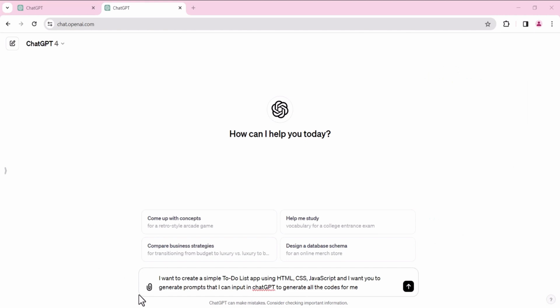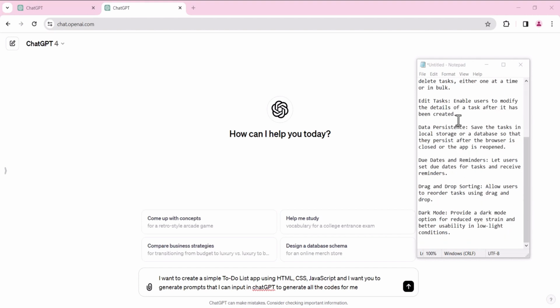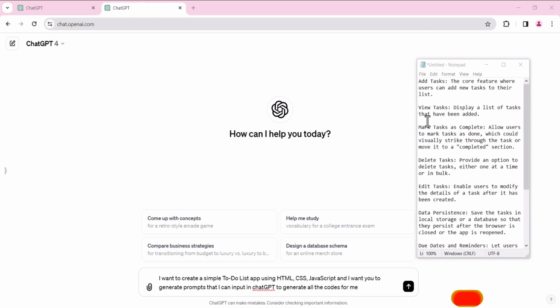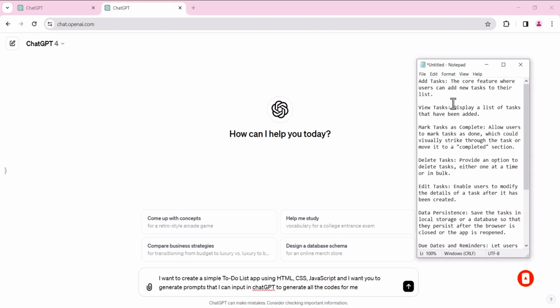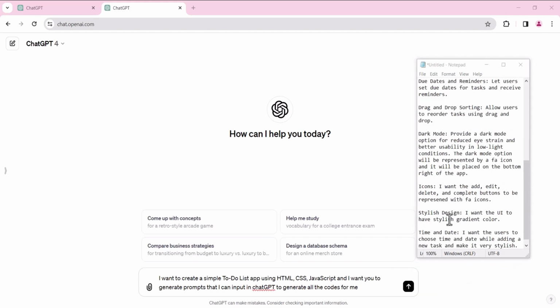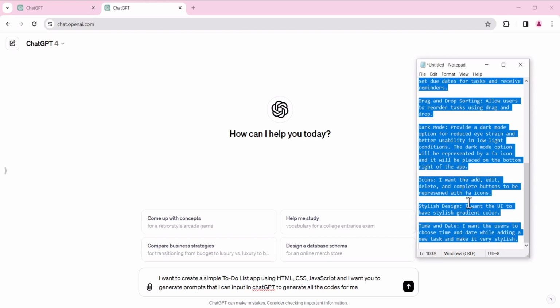So I said I want to create a simple to-do list using HTML, CSS, and JavaScript, and I want you to generate prompts that I can input in ChatGPT, so ChatGPT generates all the code for me. For all these features, you can actually edit some of these features to suit your taste and to suit what you actually wanted. So for me, I want to add a few features based on my personal interest. If so, you can just customize one of the features right here. So I just added some new features, so I'll just copy it